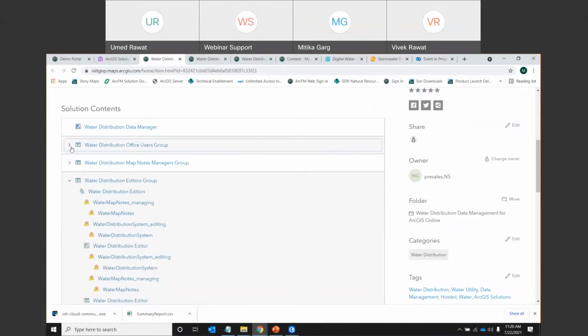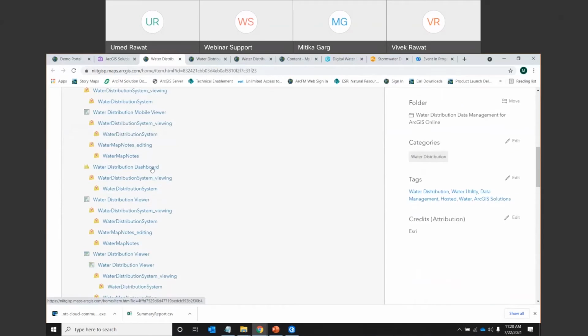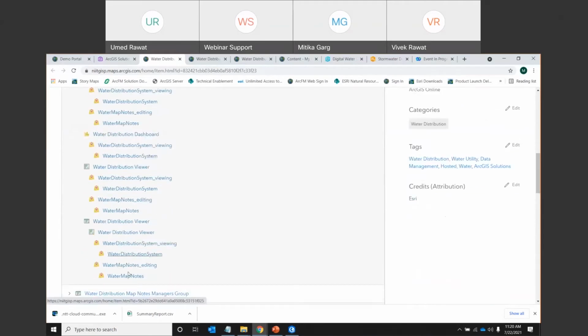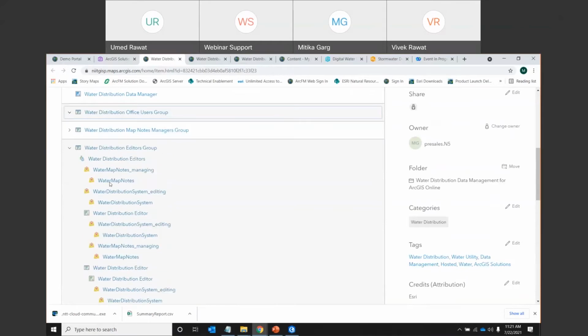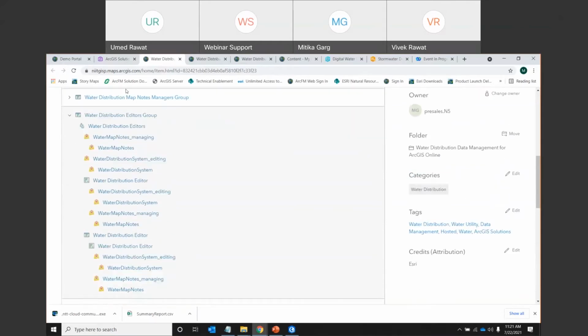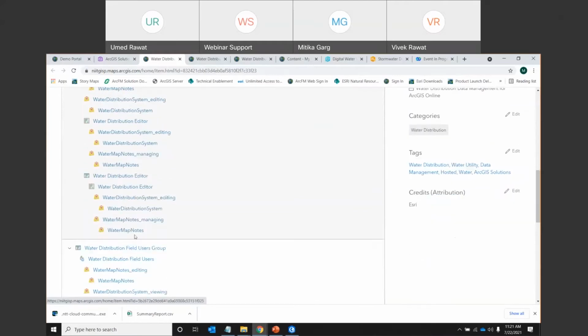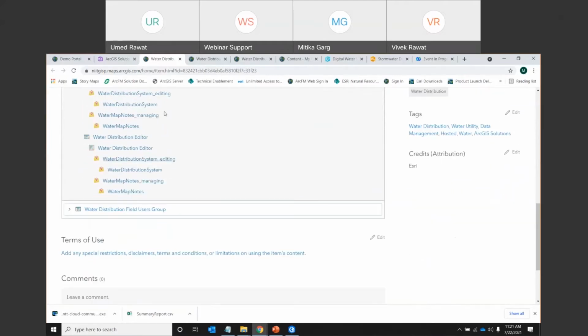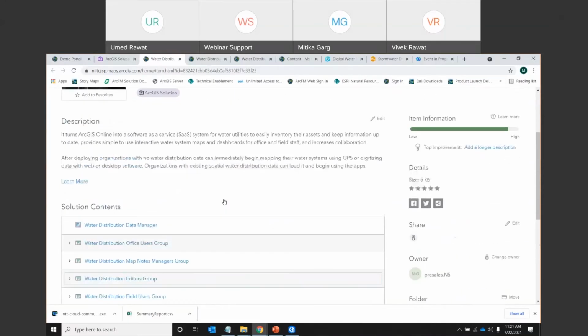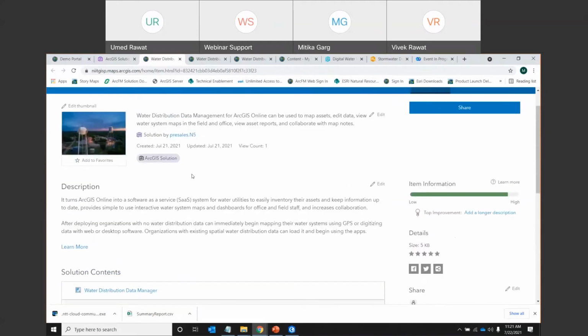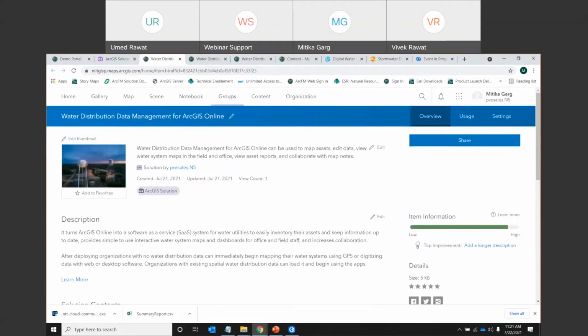Once they upload the data, you can see there is a water distribution dashboard, multiple applications, and the water distribution viewer. These are all readily configured applications. As you add your data, you easily get an application where you can view your data, edit your data, and where your field users can access the data. These ArcGIS Online based solutions are simple solutions more focused toward the mapping of simple assets, in terms of point, line, and polygon, and different groups can access them through the capability of ArcGIS Online.